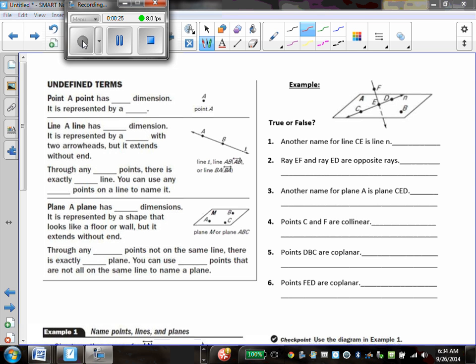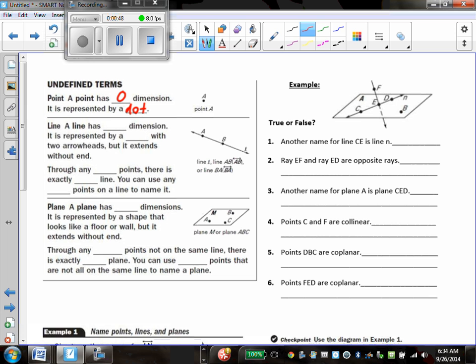Starting with undefined terms, a point. Both of the classes said that the point had 0 dimensions, which was correct. We represent a point by a dot. And there on the right side, you can see an example and how we would name one as well. Line A